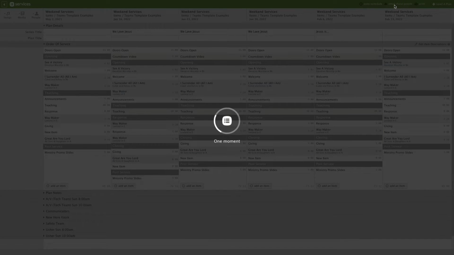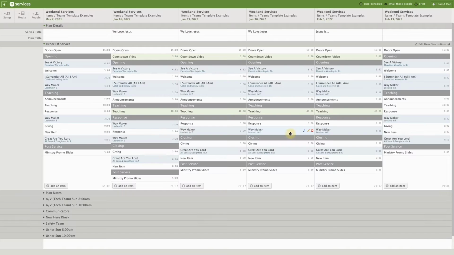Click the email icon to send out the scheduling notification to your team. Now, we're going to run out of time quickly here, so I want to jump into the next product, Church